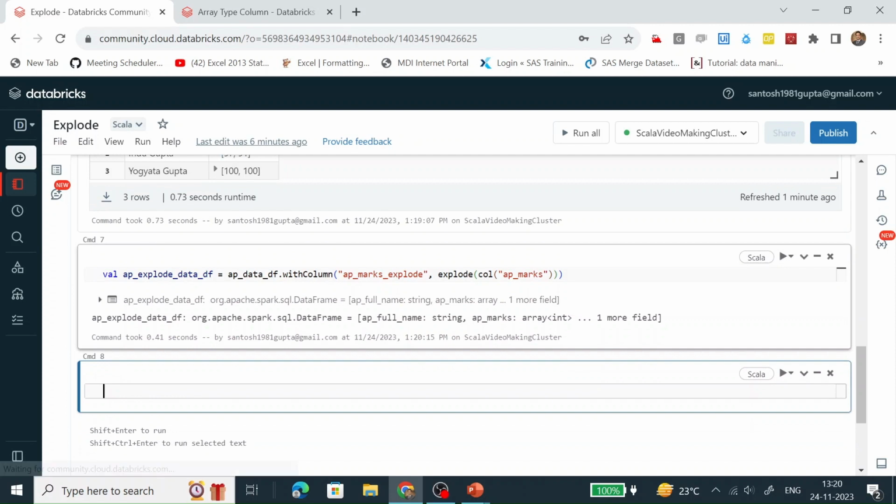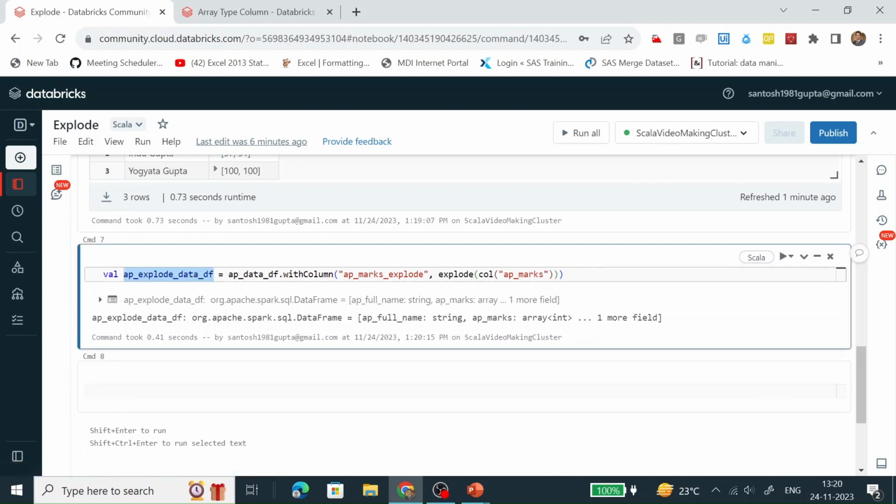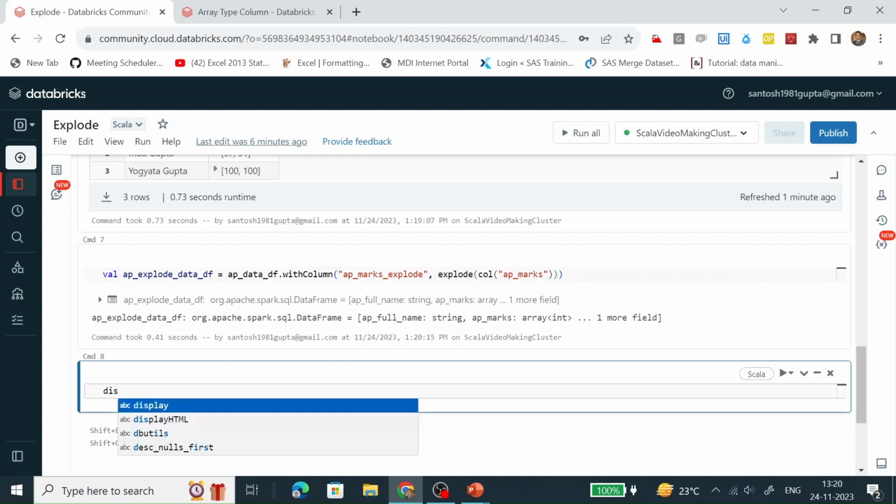Now this data frame has been created. What we are doing in this code is creating one column with the help of the withColumn function and exploding the AP marks. Whatever is present in AP marks is of array type, so for each element one row gets created. So this data frame holds that data. Let's display it.